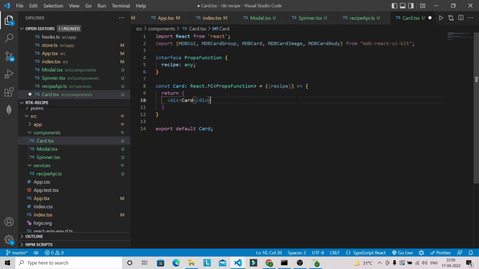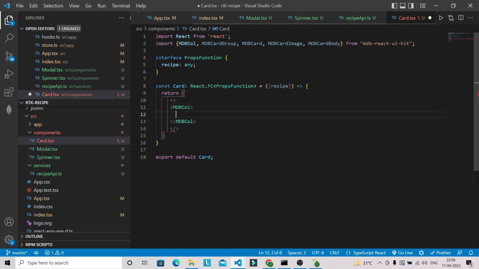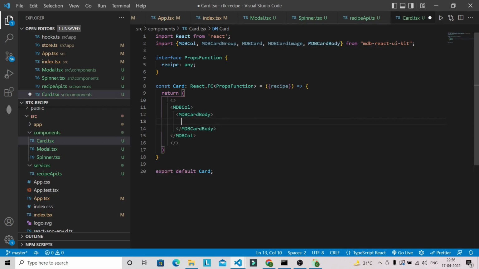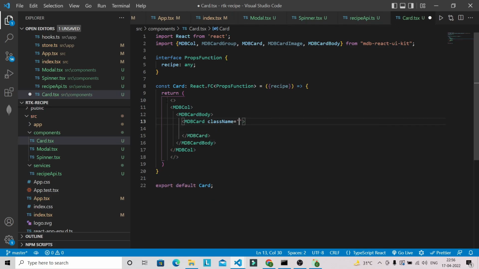after this what we have to do, so we can remove this one, and here it will be MDBColumn, MDBCardBody, then I'm going to use MDBCard, and here I'm going to use bootstrap class name, so it will be h-100, mt-2, d-sm-flex. Okay,